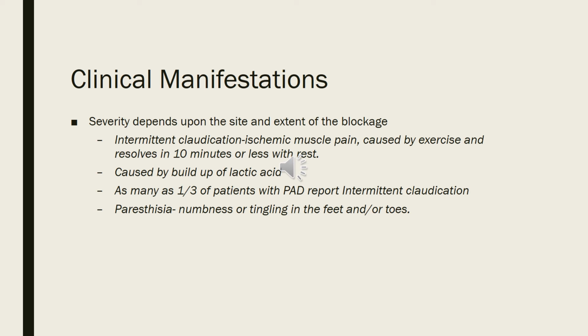So if the artery is not completely blocked off, and you've got a little bit of area for the blood to flow, then once you relax and you get the blood flow going there, you're getting blood back to that area. One of the ways they test for it is they may have them exercise for a couple of minutes on the treadmill, or until they get some pain in the area. Then they'll have them go to the lab and have a lactic acid level taken, because there's a buildup of lactic acid, so their lactic acid levels will be extremely elevated, and that's one of the ways they can